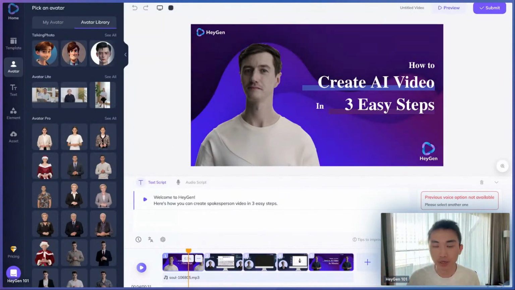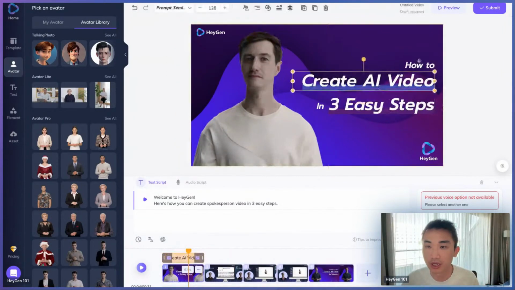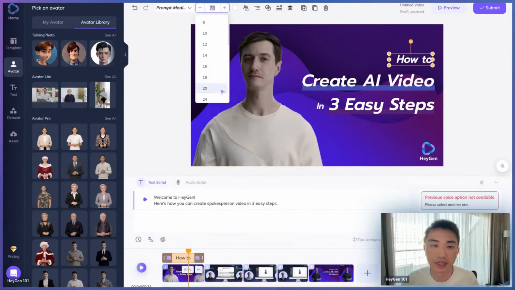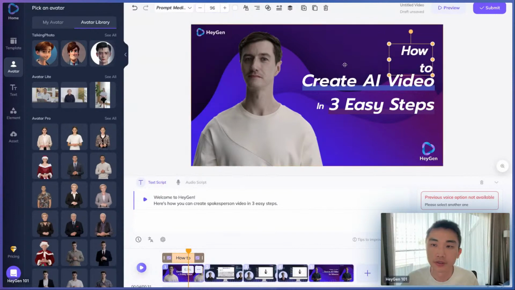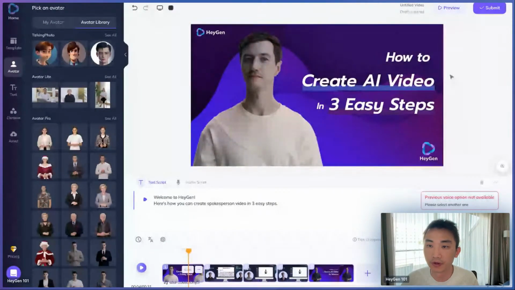One of the main components is the right side, which is a canvas. Then you can just drag and drop stuff, or add your text here. Let's say I want to make this bigger, or set it to 96 or something, and then format it differently.